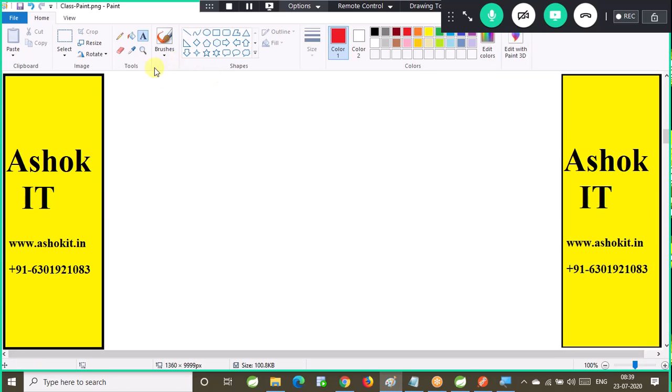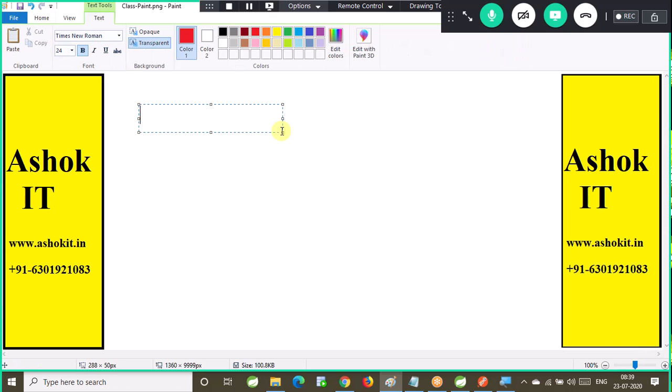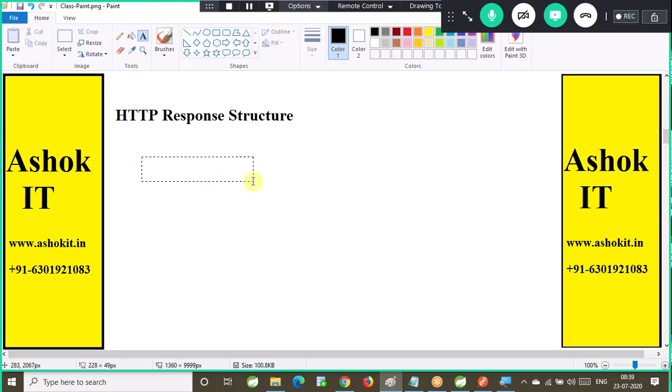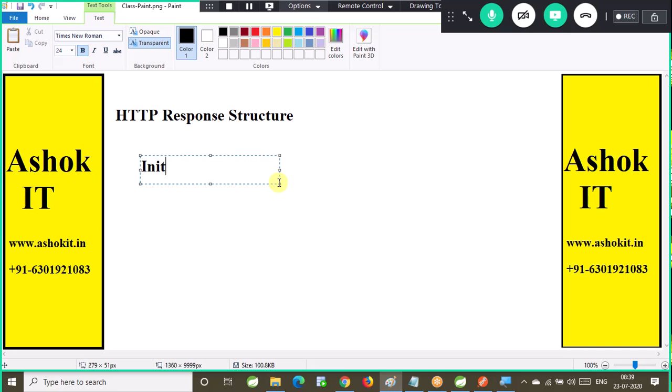HTTP response structure. First one is the initial response line.